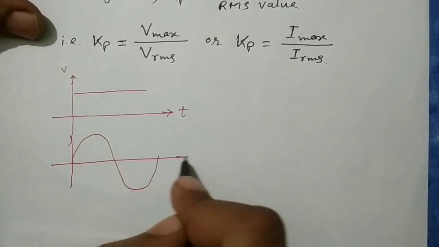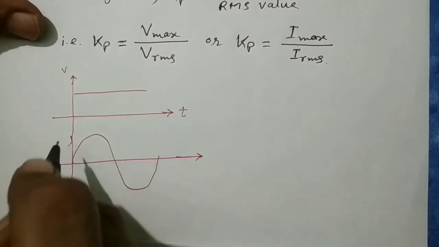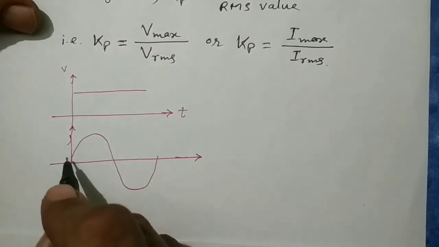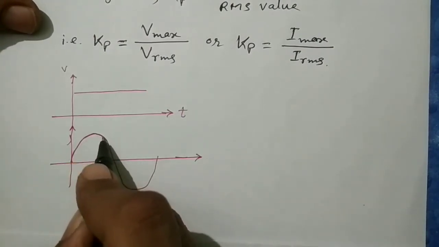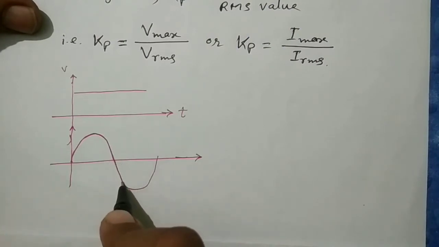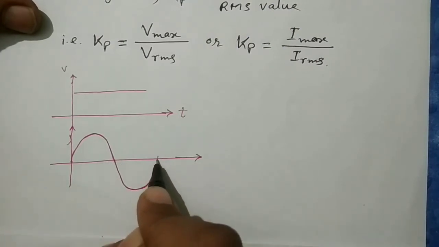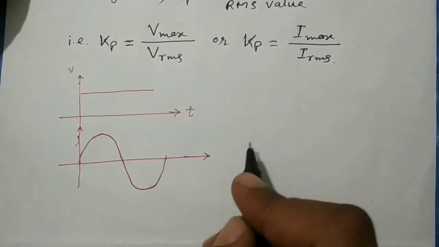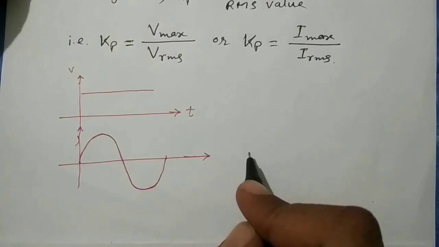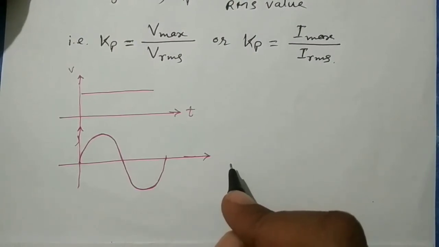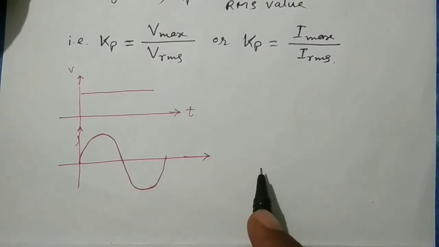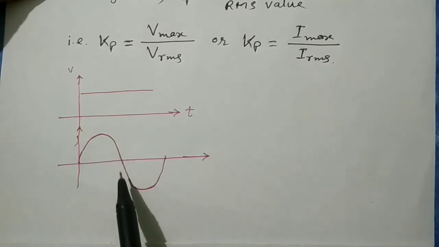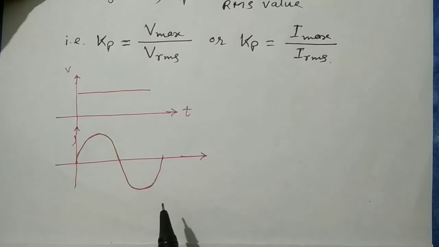So these two factors, the form factor and peak factor, are basically the checking parameters for how smoothly these conversions take place. That means whether the output voltage is a purely sinusoidal waveform or not. Because for a purely sinusoidal waveform, the form factor and peak factor values are constant. So if we compare the test value with the standard value, then we can easily identify how smoothly the AC voltage is converted from the DC voltage, and so on.